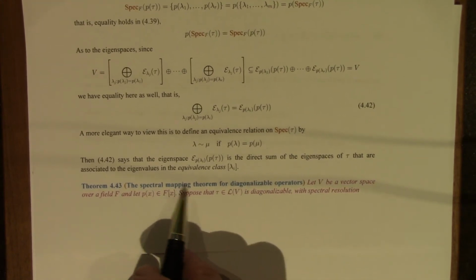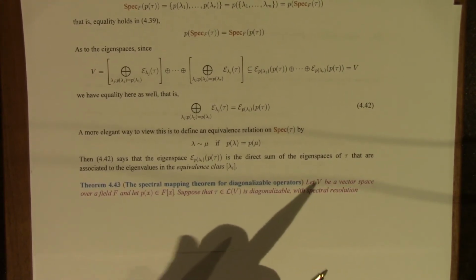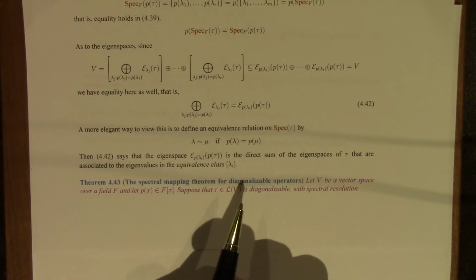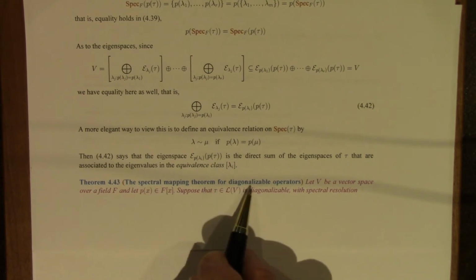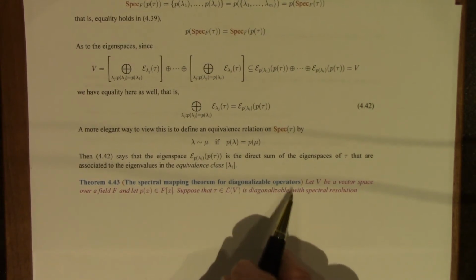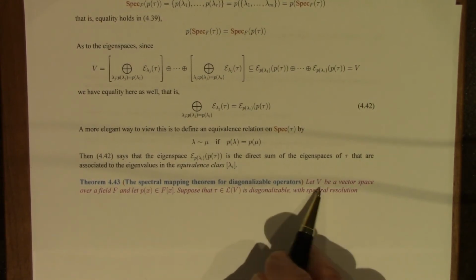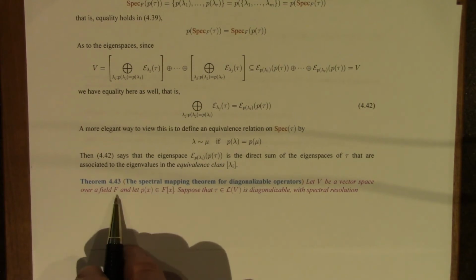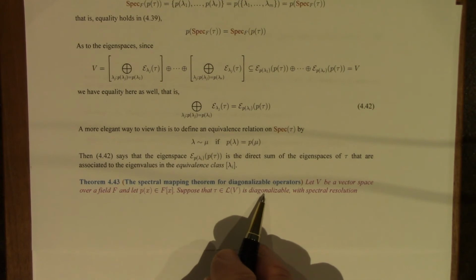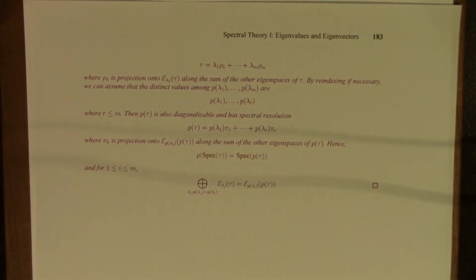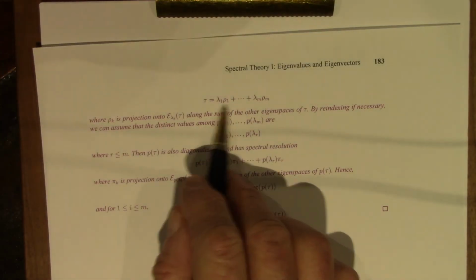We now have what I am calling, and I don't think anybody else would, or does, maybe they would, but they don't, the spectral mapping theorem for diagonalizable operators. V is a vector space over the base field. We have our polynomial p and our diagonalizable operator tau. And if this is its spectral resolution,